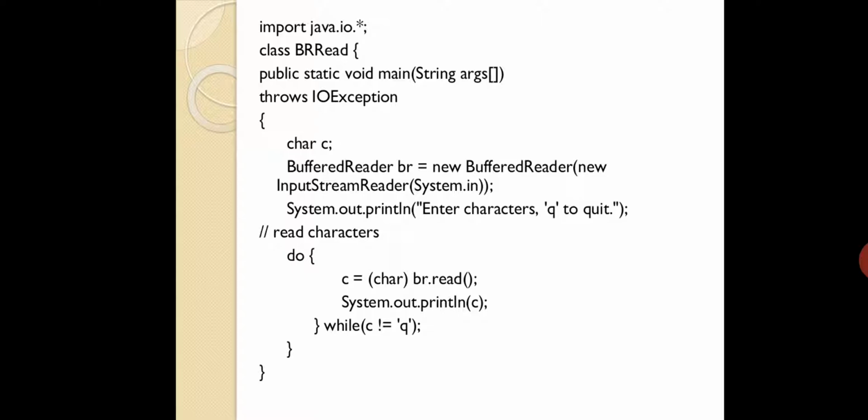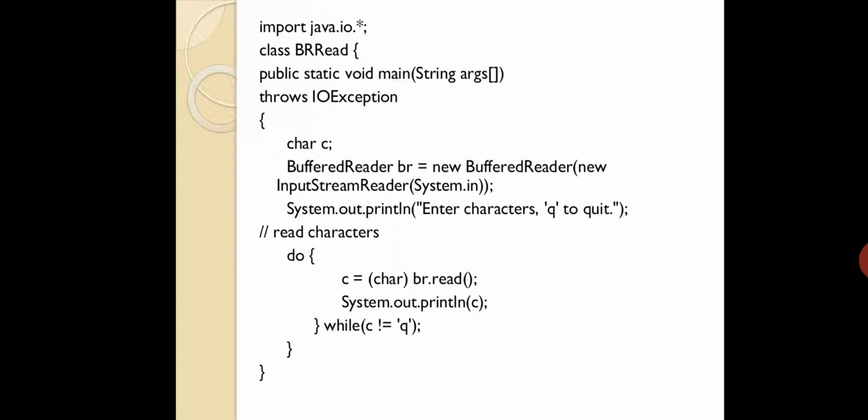Here they have used a do while loop. You can go for any loop, a while loop also; depending on your coding skills you can choose, but here they have gone for a do while loop. Inside the do block, you are going to read the information from the user. Which method are you going to use? The read method, because to read characters, as I explained in the previous slide, you have to use the read method.